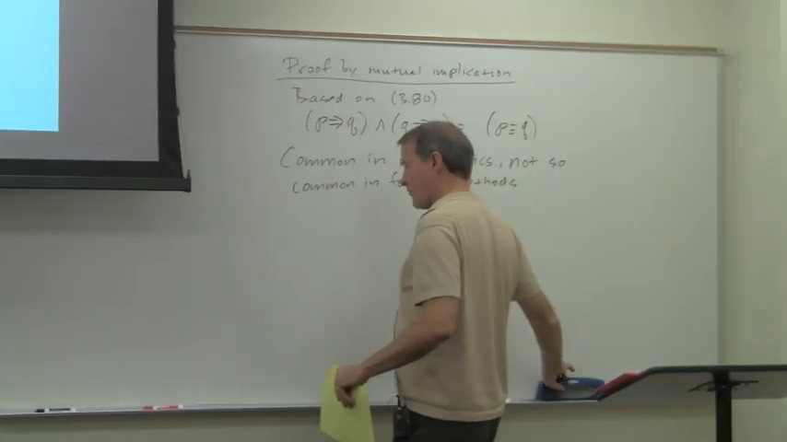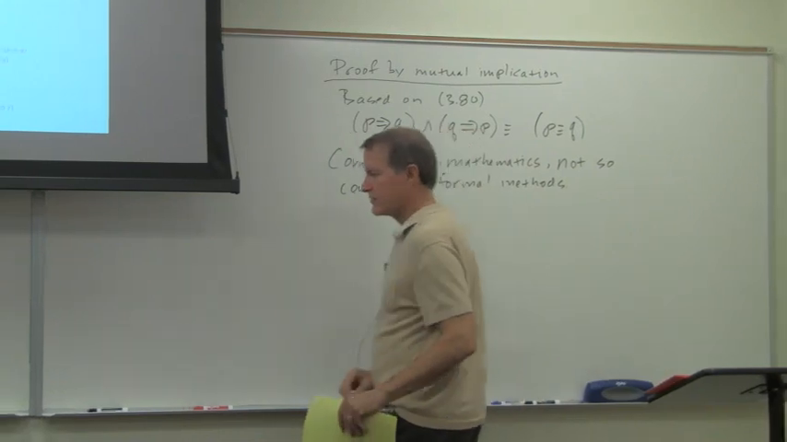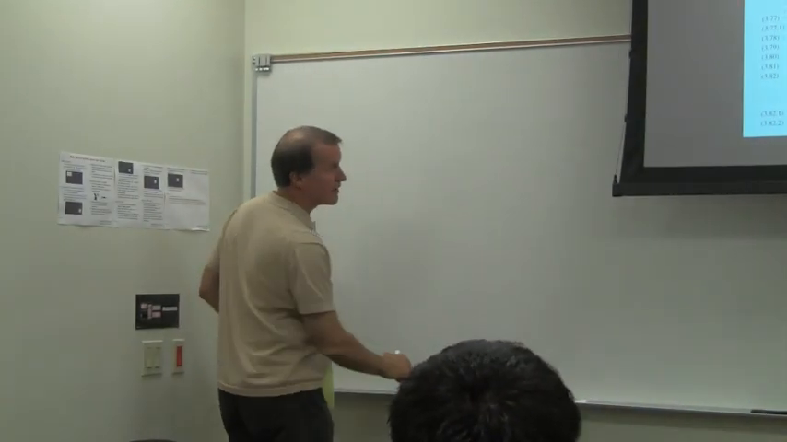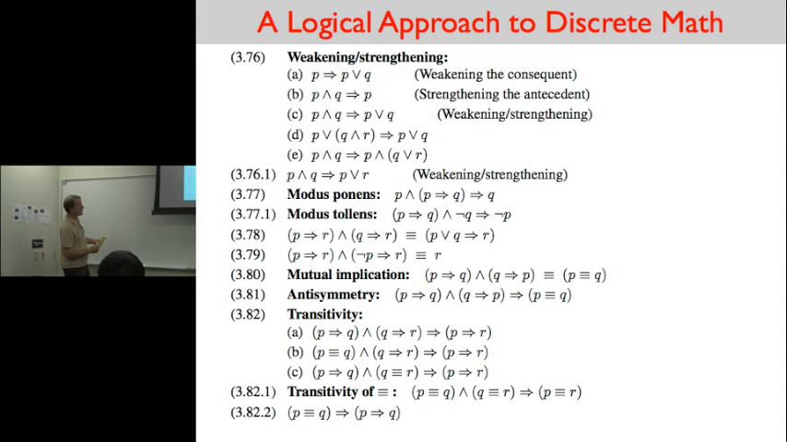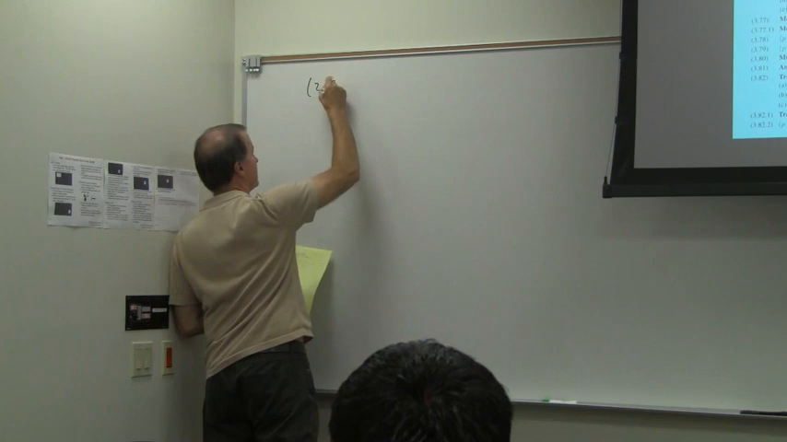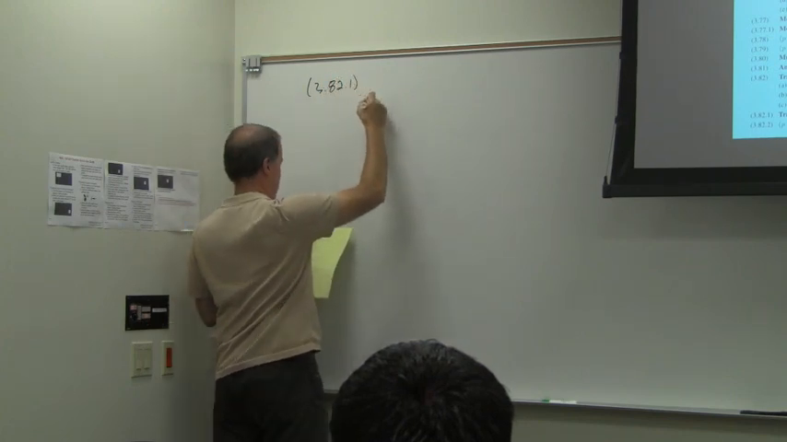I would like to actually prove 3.82.1 and point out how it's different from 3.80, because it's kind of interesting. I think it's good for us to compare and contrast these two. So let's take a look. Let's prove 3.82.1, which is